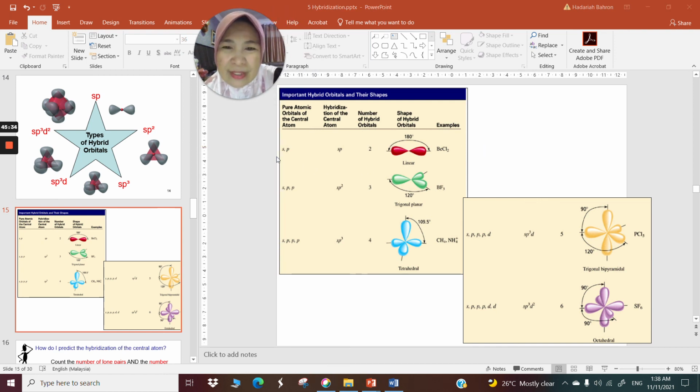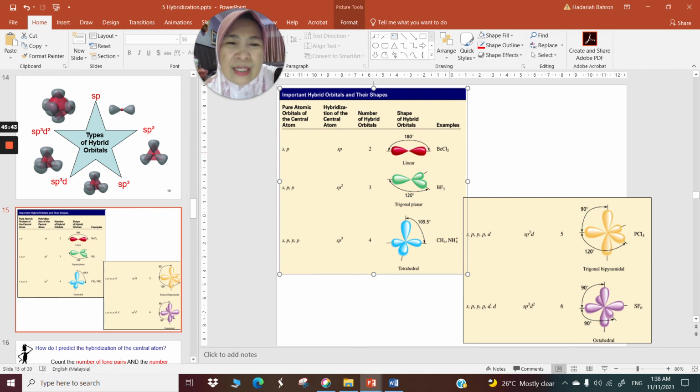This is the summary. When you mix one S with one P, you get sp hybridization, and there are 2 hybrid orbitals. You get linear. Example, BeCl2. This is a recap. When you mix S with 2 P's, you get sp2. There are 3 hybrid orbitals. You get the shape called trigonal planar. When you are mixing S with 3 P's, you get sp3, and there are 4 hybrid orbitals of sp3,